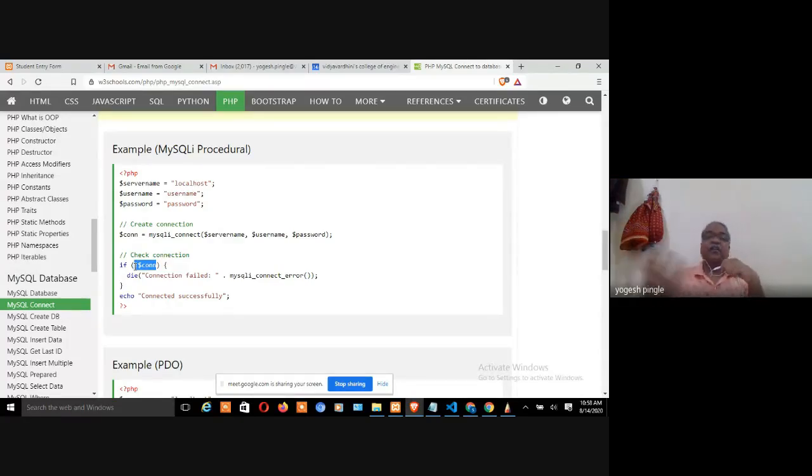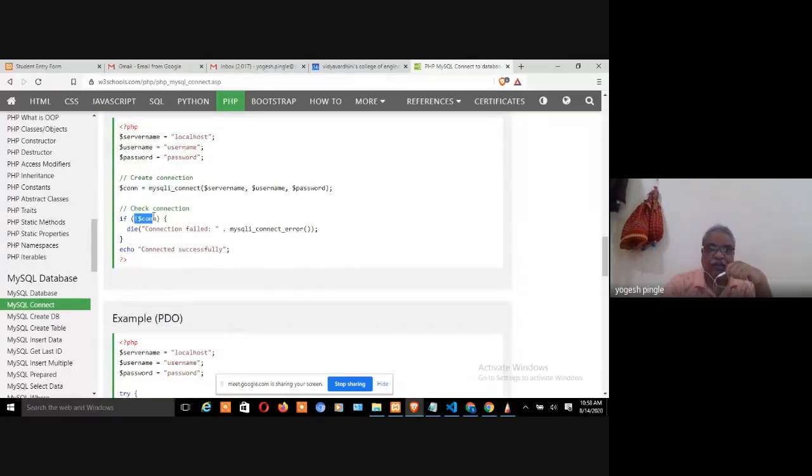In a client server architecture where multiple clients are visiting your website, they might be using different kinds of browsers, different versions, different compatibility, but still my code should work. In that case, I am suggesting that MySQL procedural is better, and that's why in my code I am also using this particular thing, right?